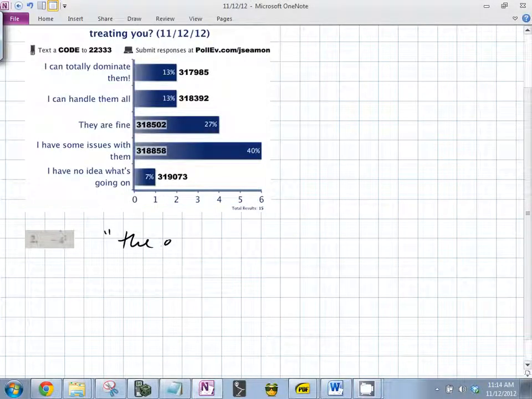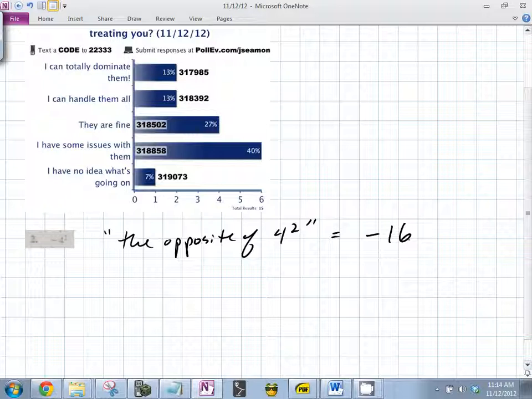It is the opposite of 4 squared. So that equals the opposite of 4 squared, which is 16. Yes, that's what it means. Okay. There's no parentheses. This would be